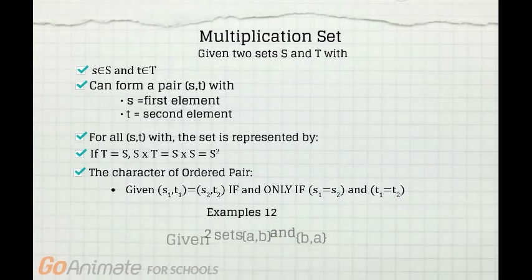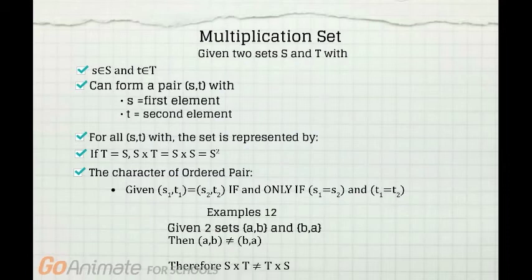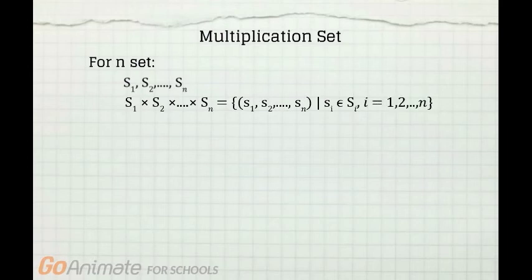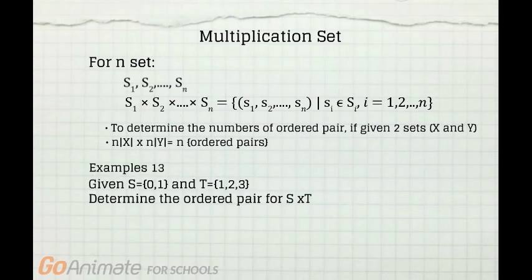Given two sets, A and B, and B, A. To determine the number of ordered pairs, if given two sets, X and Y. Example on ordered pairs. The answer is